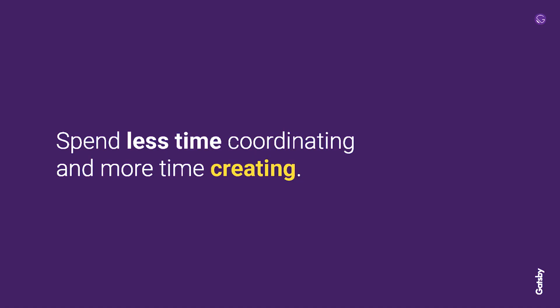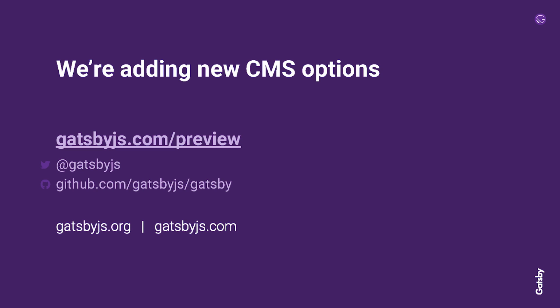So we want to help people spend less time coordinating and more time creating. We want to be able to give that time back to you so that your teams are having a decreased feedback loop. It's easier to work together, and it's easier for both the developers and the content marketers to get what they need to get done more quickly. We're adding new CMS options, so Kyle showed Sanity earlier, and we are also doing discovery on several others. We had a good conversation about Drupal today as well. So we'll be adding those, and you can sign up at